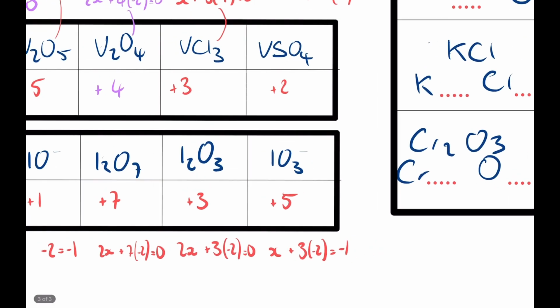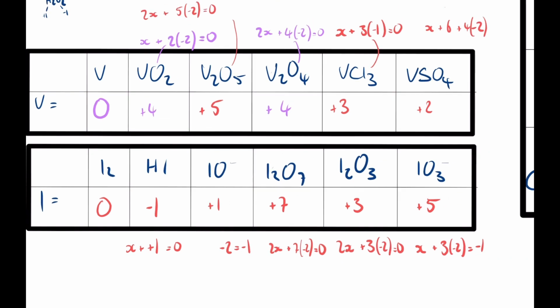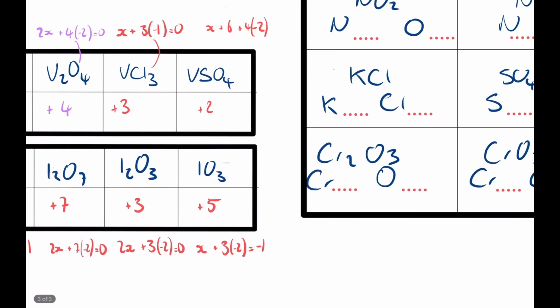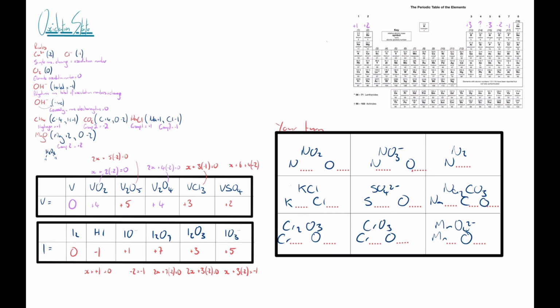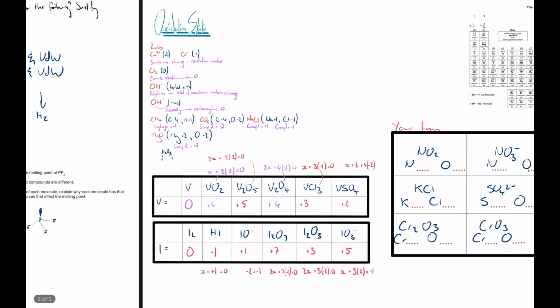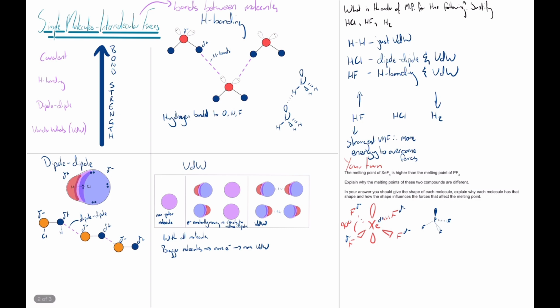So again, I think the moral of this is we look at the things that we're quite sure about. We can generally be very sure about hydrogen and oxygen, and then we work our way around that. What I'd like you to do, give these a go. Work out the oxidation numbers of these, and we'll go over them at the end of next video. For now though, let's go over the answer to the question at the end of last video, so looking at